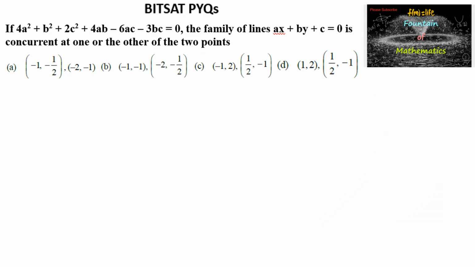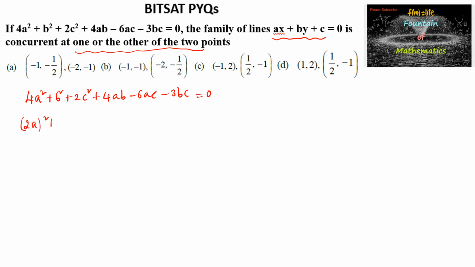Given that 4a square plus b square plus 2c square plus 4ab minus 6ac minus 3bc is equal to 0, then the family of the lines ax plus by plus c is equal to 0 is concurrent at one or the other of the 2 points. So let us simplify this. We can add here 2a whole square plus b square, and here 4ab we can write as 2 into 2a into b, plus again here 2c square,